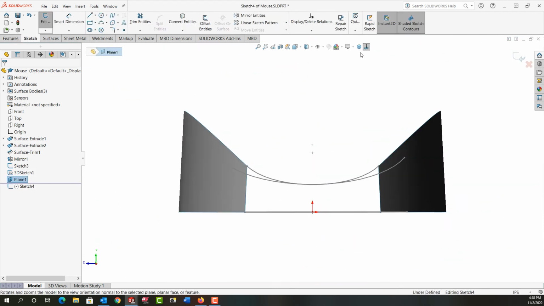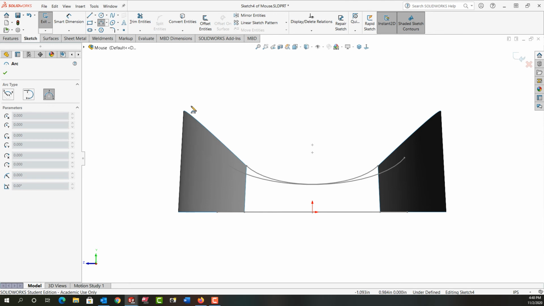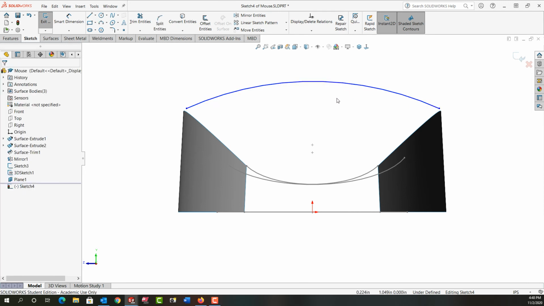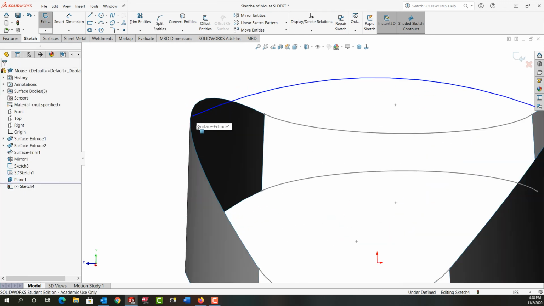Now in that plane, I'm going to create another 3-point arc. I'm going to look normal to it. That's going to help me control the next surface I'm about to make. So I'm going to activate 3-point arc, and I'm just going to again get close to here, click, and once again I'll get close to here, click, and I'll move up, create the arc. I'm going to push escape,